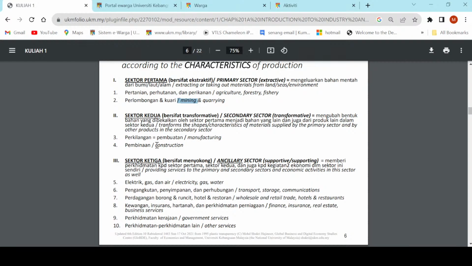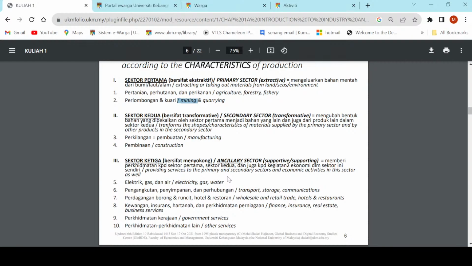Providing services to the primary sector and also to the secondary sector and also to other economic activities within this sector itself. So in fact, what is being said here is giving services to all economic activities, and the nature or characteristic of production of this sector is supportive, to support. For example,